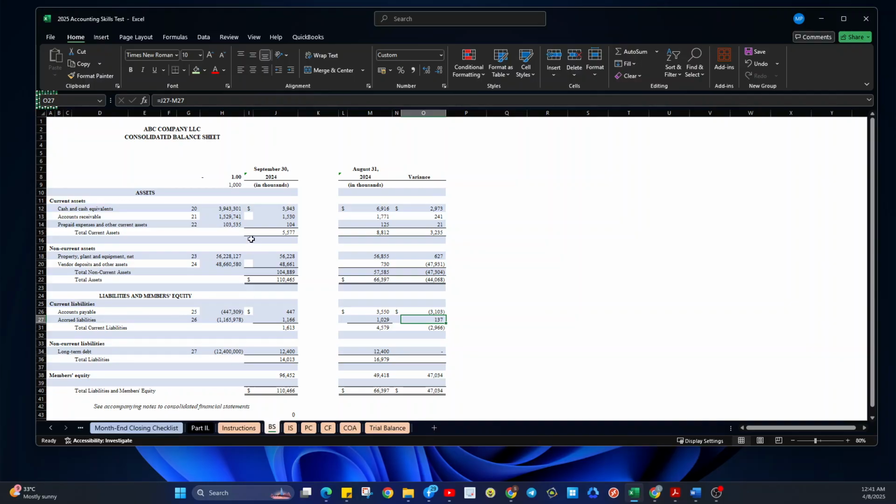Let me think. If it's decreasing, it's an addition, correct? Like for receivable, if your receivable decreases during the period, that means you were able to collect cash. That's my reference point for assets. For liabilities, if it decreases because you pay off, it's a reduction to cash. So this has a decrease. So this one plus 301.